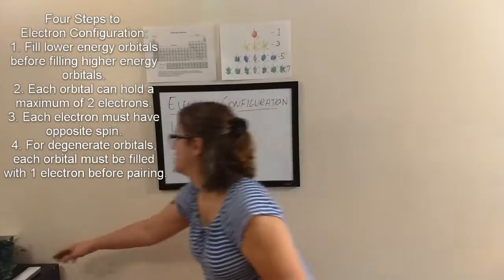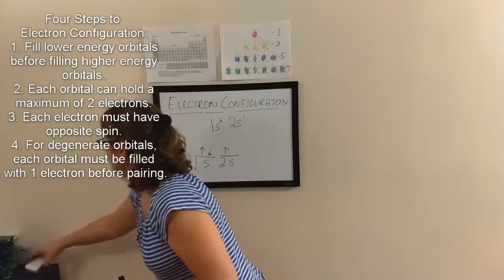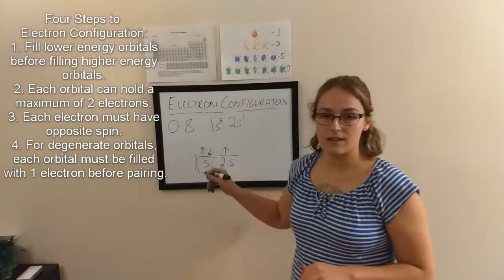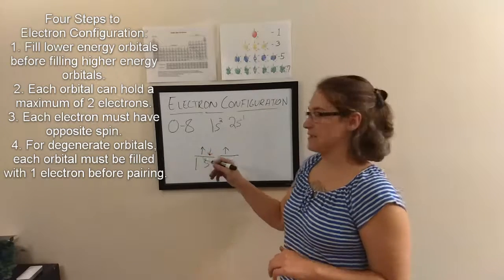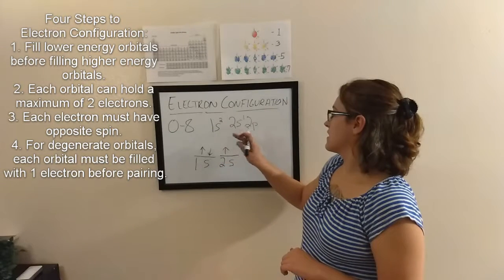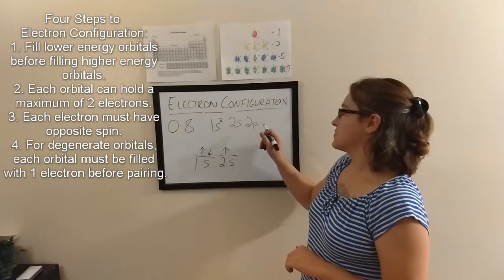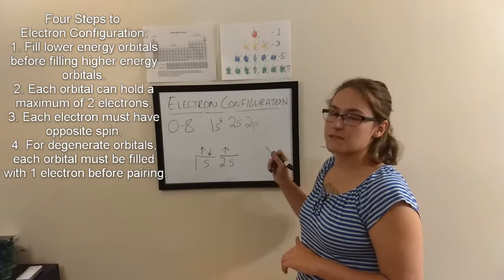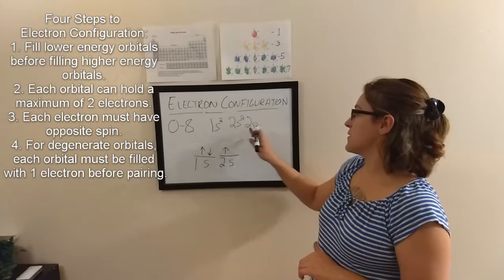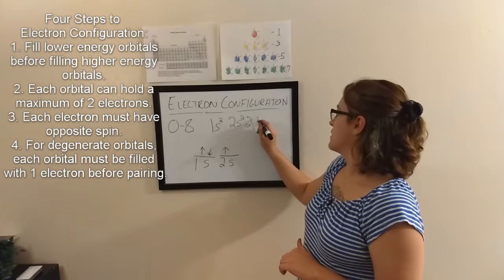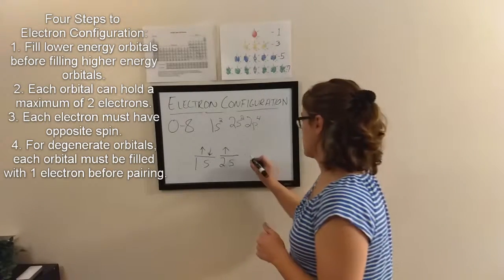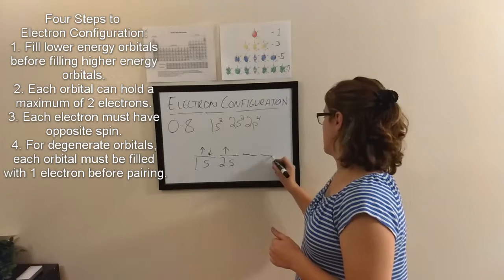Now, if we skip a few elements and go on to an element like oxygen, which has 8 electrons, now we need to go to the 2p, and the p orbitals have maximum electrons of 6, so these 2 would be full, and the p would have 4 electrons. And the way you annotate this in orbital diagram